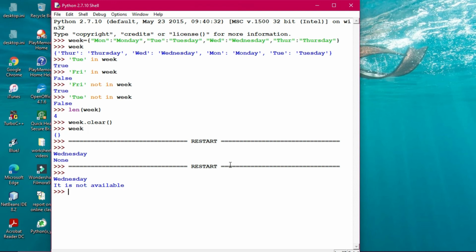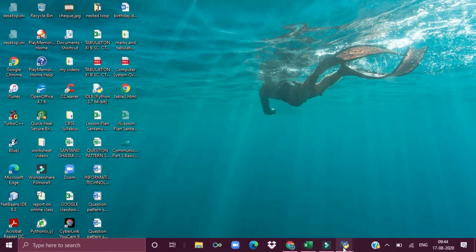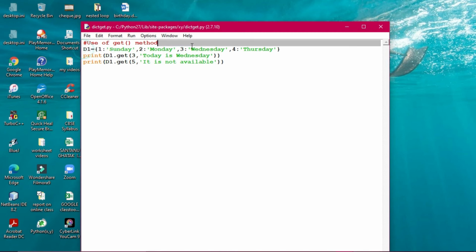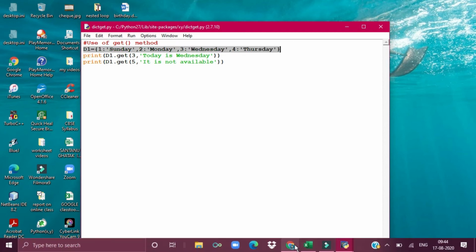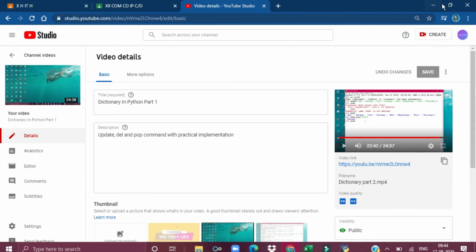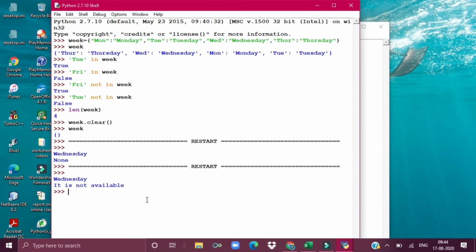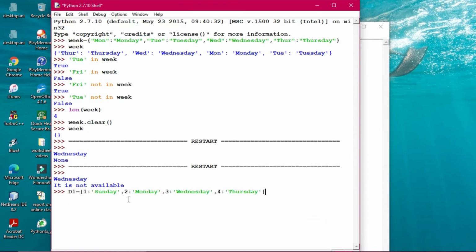Now let us take one more dictionary out here. This same dictionary I will take from this program, whatever I've taken. So I'm bringing it back. I'm copying it from here. Control C is the command to copy everywhere, wherever you want. Then you come over here and give Control V. So the dictionary has come out over here.